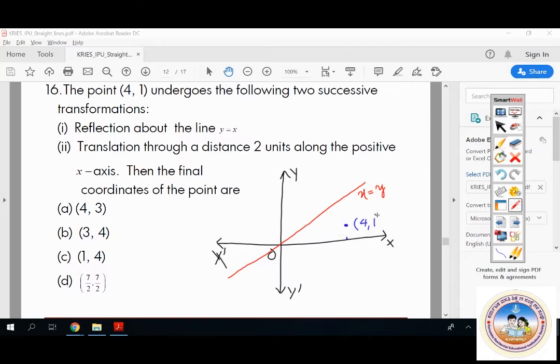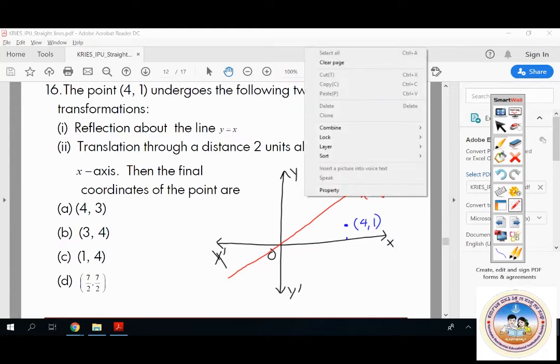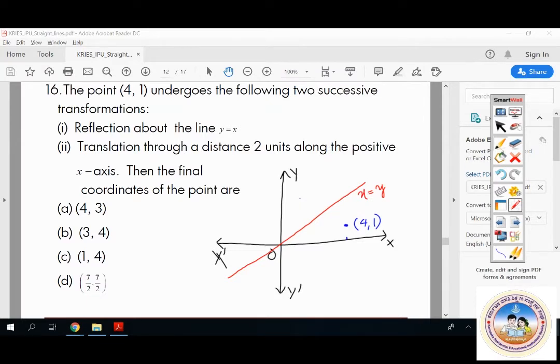It is 4,1. Now it is undergoing 2 transformations here. First one, reflection of that about this line y equal to x. Reflection ಅಂತಂದ್ರೆ y ಆ ಕಡೆ ಸೈಡ್ ಗೆ ಹೋಗುತ್ತೆ, ಇದು 4, 1. ಈ ಕಡೆ ಸೈಡ್ ಗೆ ಬಂದಾಗ ರಿಫ್ಲೆಕ್ಷನ್ ಇಸ್ ಆಬ್ವಿಯಸ್ಲಿ ಇಟ್ ಇಸ್ ಗೋಯಿಂಗ್ ಟು ಬಿ, so x is 1 ನೋಡಿ, x ಕೋಆರ್ಡಿನೇಟ್ y ಕೋಆರ್ಡಿನೇಟ್ ಇಂಟರ್ಚೇಂಜ್ ಆಗಿಬಿಡುತ್ತೆ. x is 1, y is going to be 4, so this is going to be 1, 4. It is going to be the reflection. Understood? ಎಲ್ಲರೂ ಕ್ಲೀನ್ ಆಗಿ ಅರ್ಥ ಮಾಡ್ಕೊಳ್ಬೇಕು. So it is going to be the reflection of that point P.